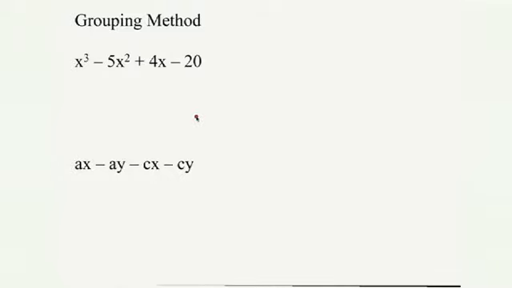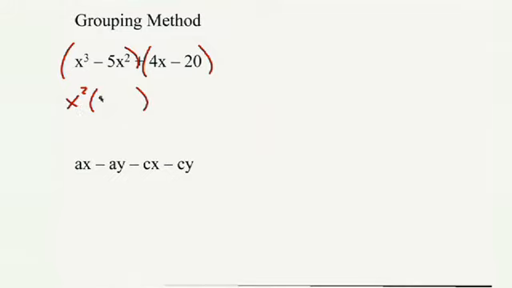So this is kind of like Rule 2. When you see 4 terms, and put this on a note card, when you see 4 terms, think about grouping the first 2 and the last 2 terms together. The reason why we do this is for this reason. Out of the first 2 terms, we see that there is something common. There is an x squared that I can take out. Now, I'm not going to write the x squared underneath. I think by now you're getting a little comfortable with this.